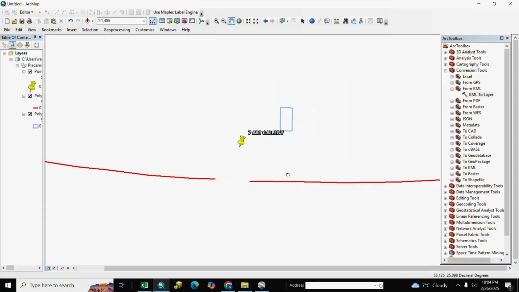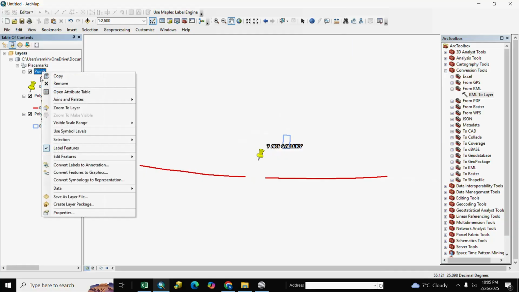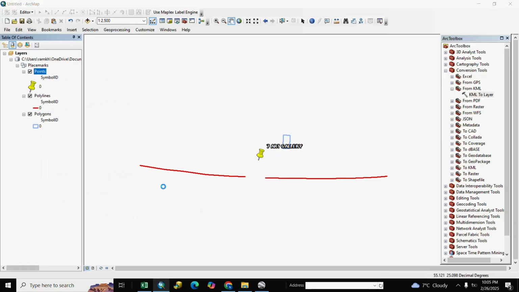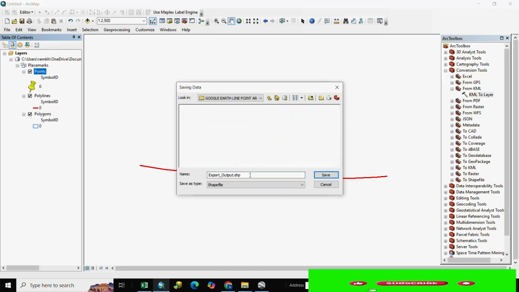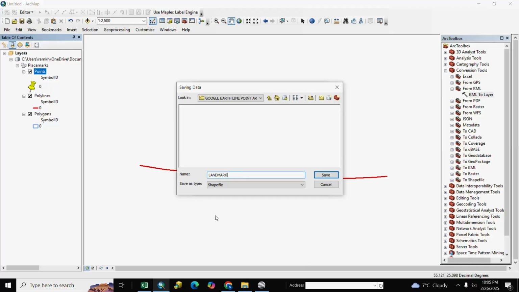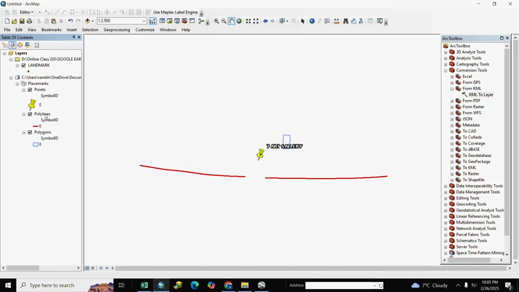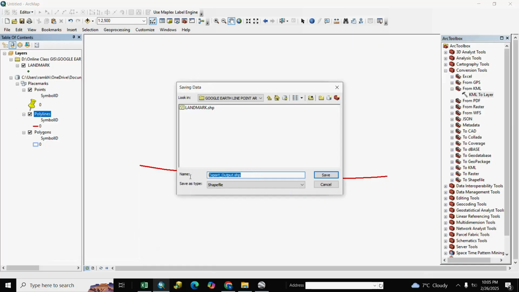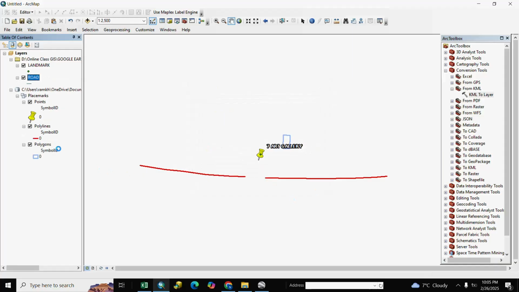Here are our line, point and area, and we right click one by one and export. We write here landmark, okay, and we write here road, and building.